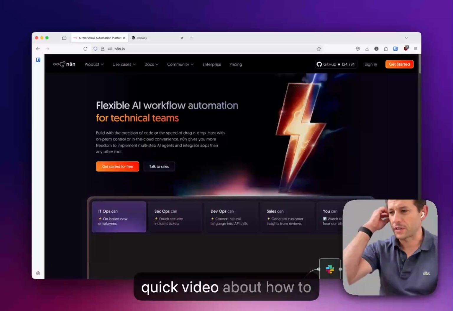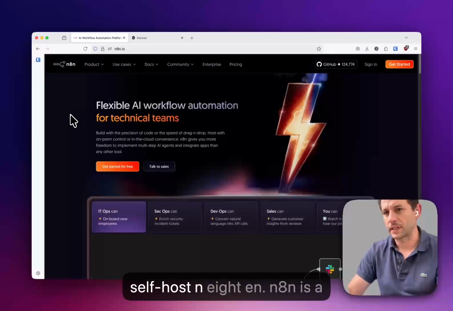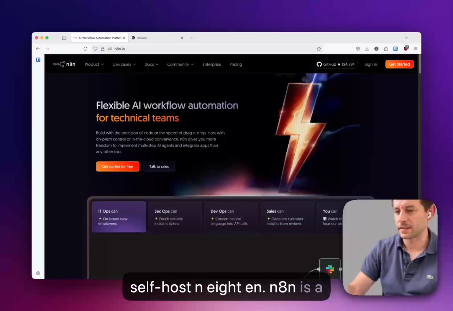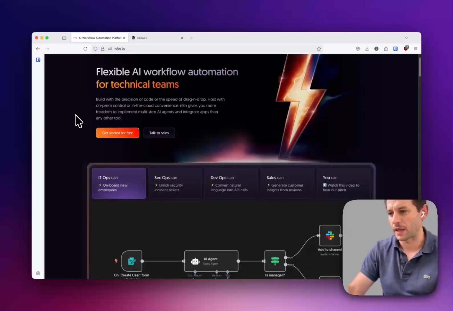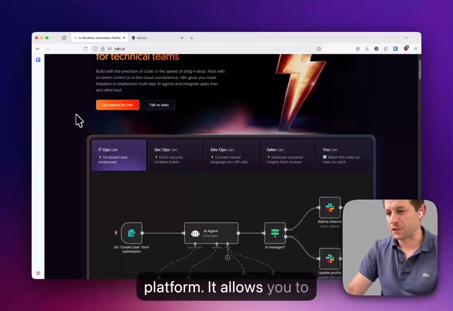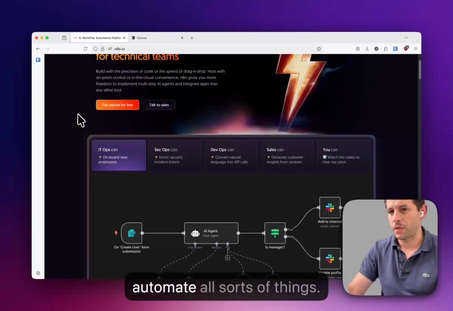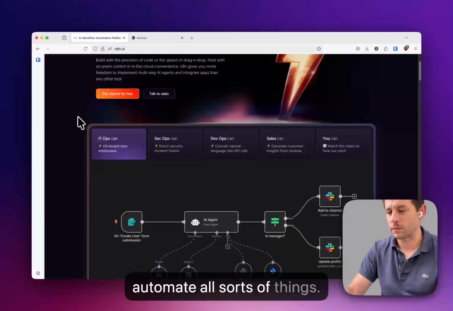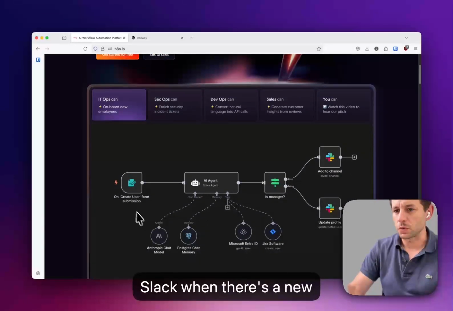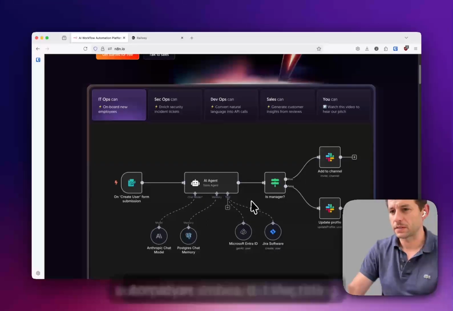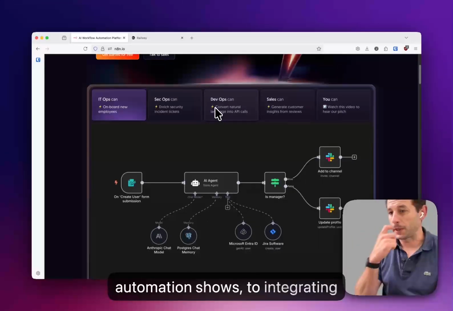Hey guys, I want to make a quick video about how to self-host n8n. n8n is a workflow automation platform. It allows you to automate all sorts of things. Anything from pinging you in Slack when there's a new employee onboarded, like this automation shows, to integrating with your